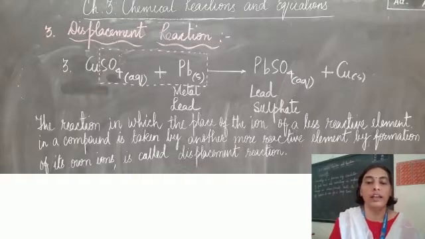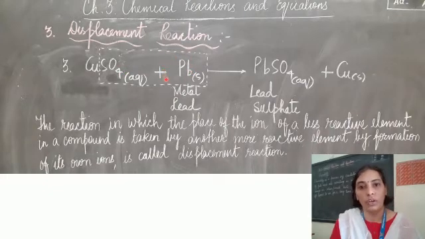Coming to the third and the last example of displacement reaction. Here we have taken copper sulfate, again aqueous solution, and the metal that we have chosen this time is lead. Lead, the symbol is Pb and it comes from plumbum. So this is one metal that we have added to the copper sulfate solution. Now on adding this, we find that lead is more reactive as compared to copper. So lead will start displacing copper from the copper sulfate solution, and in turn it will go on forming lead sulfate,